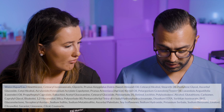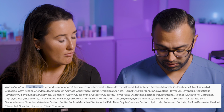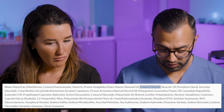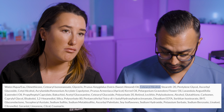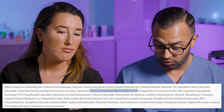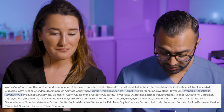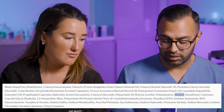So it's a water-based product, so it'll spread easily. You've got the silicone in there, the sweet almond oil, which is great. You know, cetearyl alcohol is great for the skin barrier, so it's a good alcohol. And yes, we've got apricot kernel oil, so it's a lot more soothing, a lot more friendly to the skin. Some lavender oil in there, which is fantastic. You've got the retinol. You do have some alcohol in there, which again is a little bit